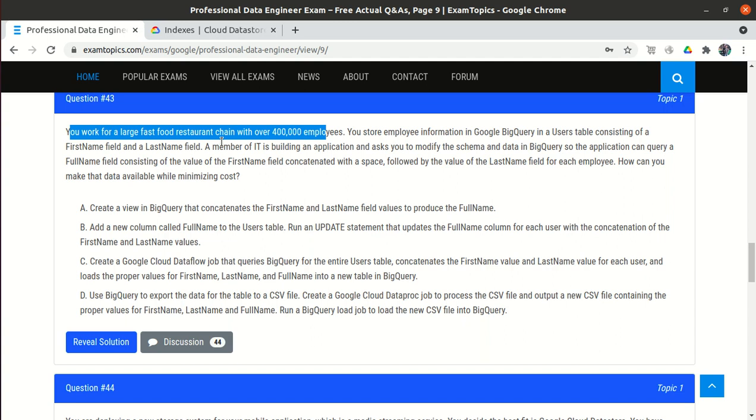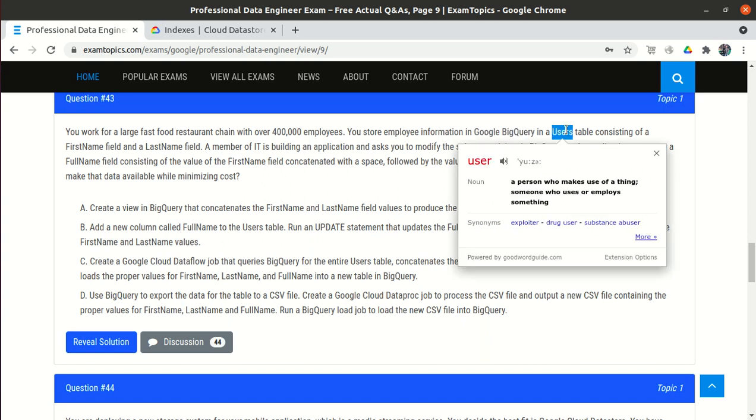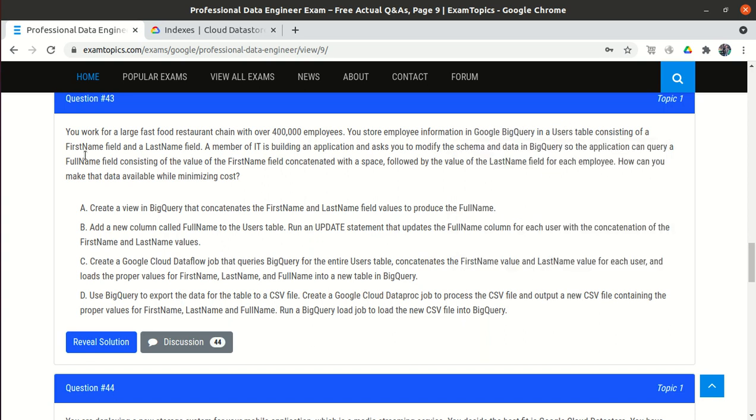So we are working for a fast food restaurant which has around 4 lakh employees, and we are storing the data of these employees in a Google BigQuery table. The table name is user table, and the table has 2 columns, the first name column and the last name column, right? Only 2 columns, and the table is stored in Google BigQuery. Now we are building an application.